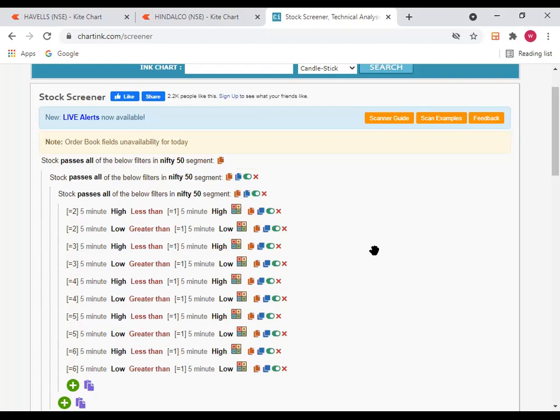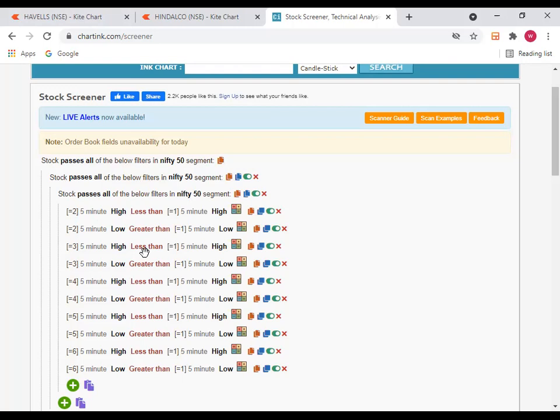Okay. And one more thing, this scanner we have written for the initial 5 minutes. Initial 5 minutes means when the market opens at 9:15, the first 5 minute candle we are considering as the mother candle. Followed by the mother candle, we are having many baby candles; those stocks only it will scan.